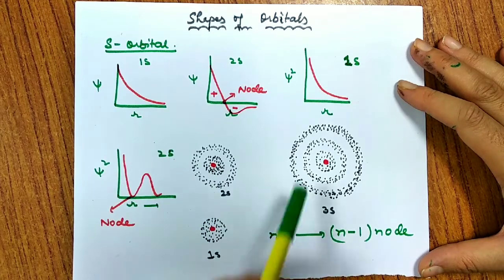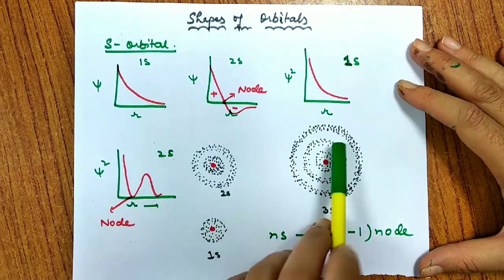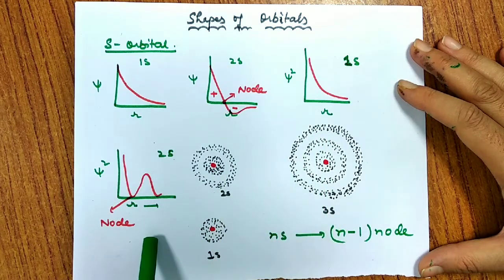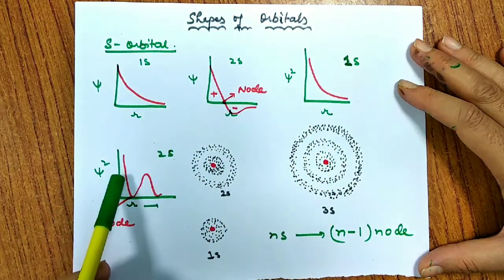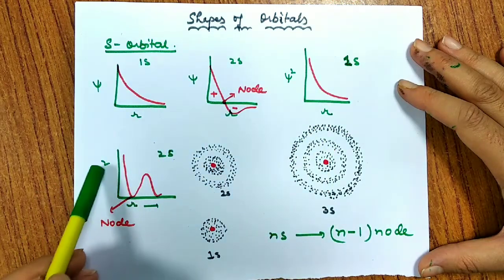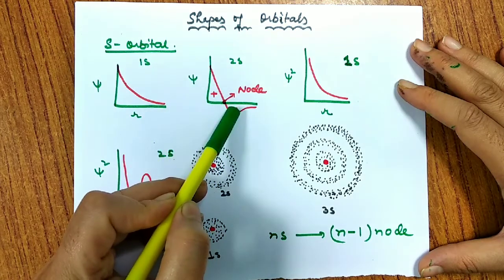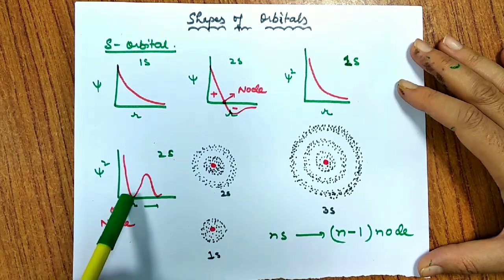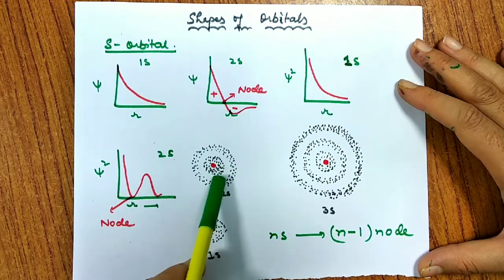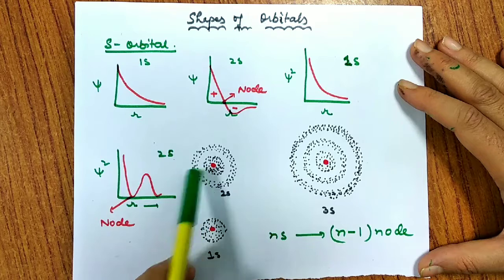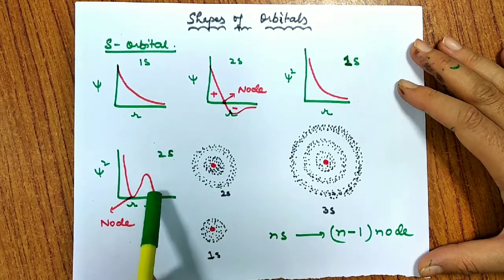Now we move to the probability density, psi square for 1s and psi square for 2s. These variations for 1s and 2s are shown here, and we observe that in the case of 1s, its probability decreases. In 2s, since psi square has a positive sign, it will not go negative. If it is only psi, it changes from plus to minus sign, which represents a node. It goes to 0, meaning no probability, no electron is present. This point where no electron is present is the nodal point. And again the electron density increases and again it reaches 0.